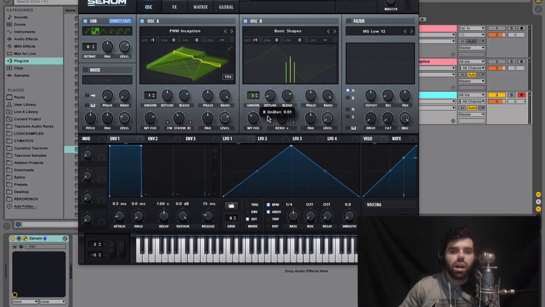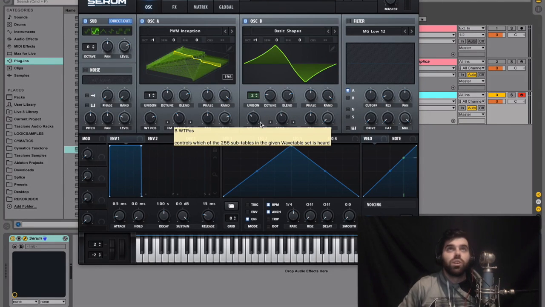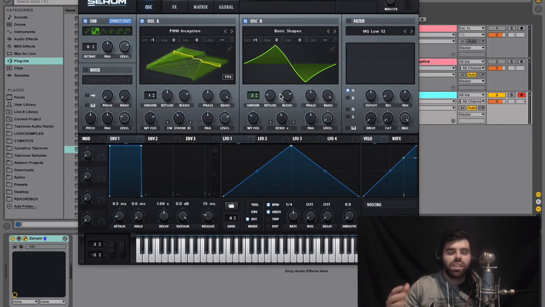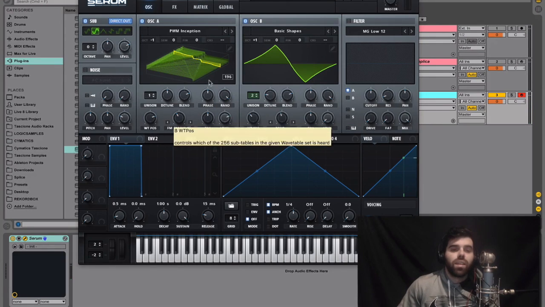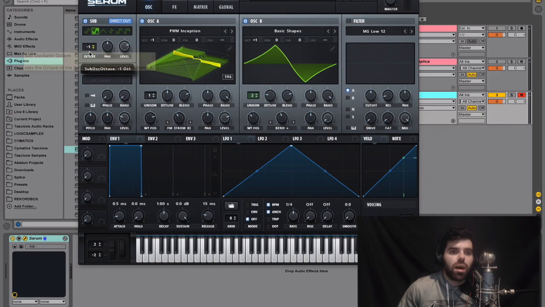So when I drag this detune knob all the way down, all the notes are pretty much in tune, but when I drag it all the way up, the ones on the right and the left are really out of tune. So we're going to drag this to 2 voices, so neither of them are completely in tune, and we're going to drag this detune knob down to around 9 o'clock. So now we should be hearing something very similar, but the sound might be a little bit wider or thicker. There's a little bit of phasing going on. You can kind of hear that. All right. And I also forgot for the sub, we're going to drop this down an octave as well.